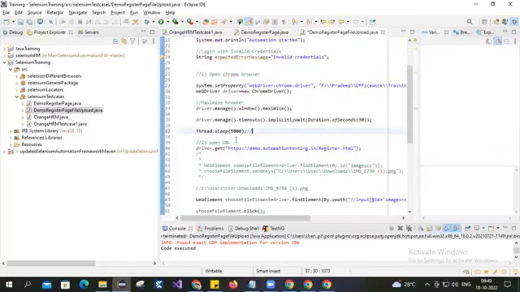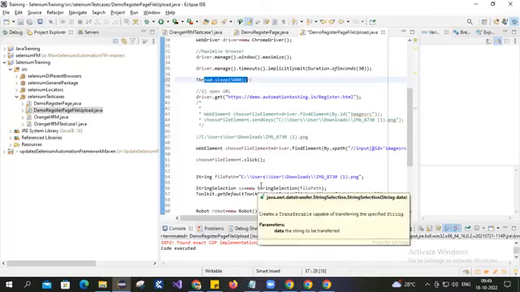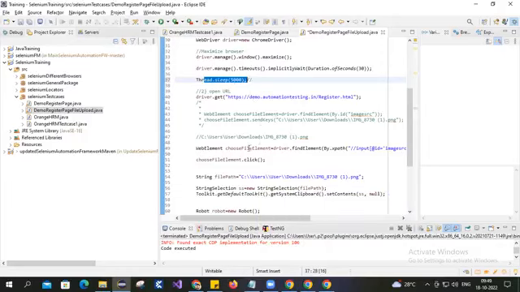But again, let's say there are 100 steps, and out of those 100 steps, 50 steps are there wherein we might have to wait for some amount of time. At one step we want 10 seconds, at one step we want 30 seconds, at one step we want 2 seconds. So if we use Thread.sleep, you can use the maximum time, let's say 30 seconds. At each and every step, first of all we need to add this Thread.sleep, and also it waits for 30 seconds to execute each and every step,